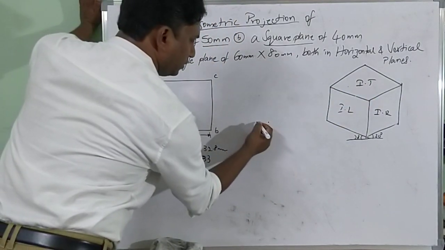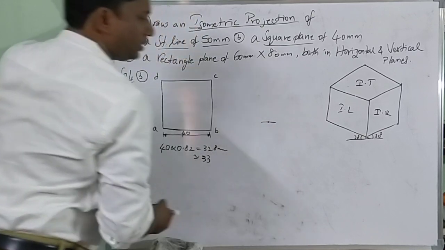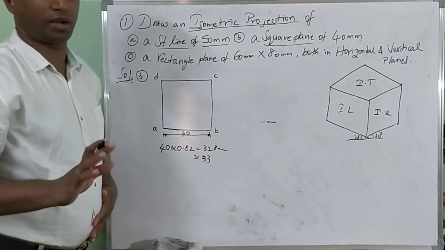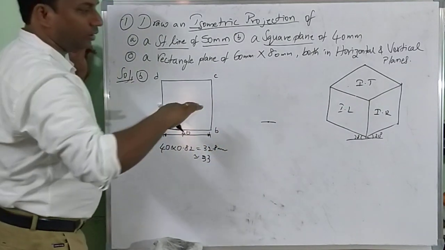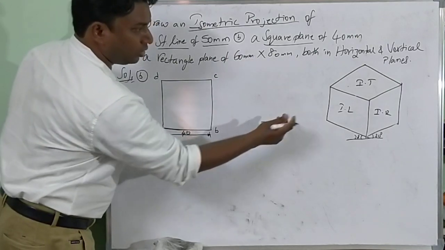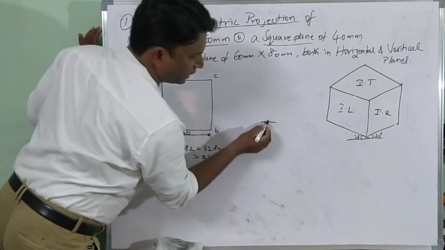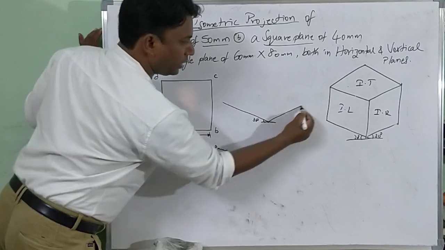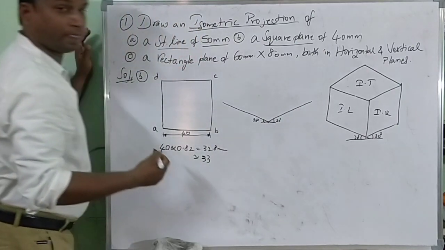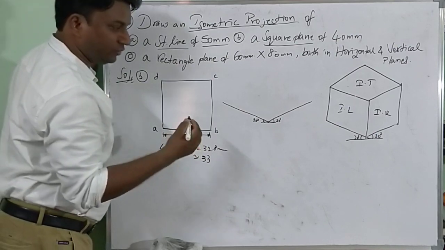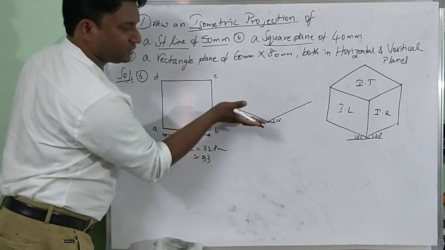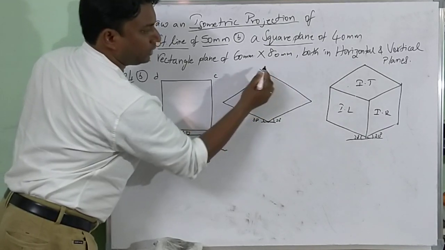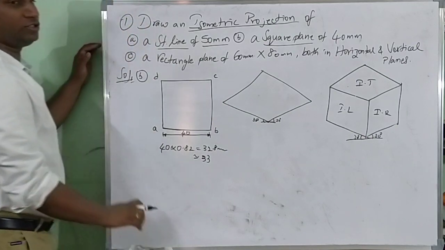Just take a reference point, draw a line, keep that point. This is just to help you use your protractor. Take the protractor, reference here. Know how you will get these lines? 30 degrees, 30 degrees. From here, draw 30 degrees towards left. From here, draw 30 degrees towards right. Now take the drafter or whatever scale and draw a parallel line from here to here, same. From here to here, parallel line. Parallel lines you are supposed to draw.